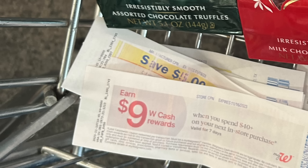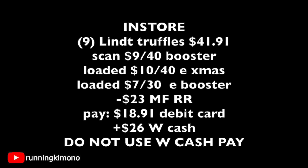Now, I didn't have any coupons to go with, but I had a lot of manufacturer register rewards. I think I used 6 of them and they scanned perfectly. So I threw a bunch of these in. Okay, so looking at the mathematics for this, 9 bags of those LINDT truffles, $5.99 on a BOGO 50% off